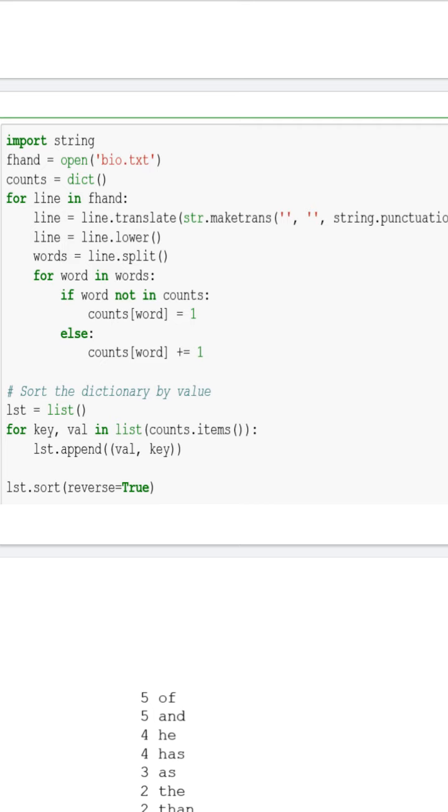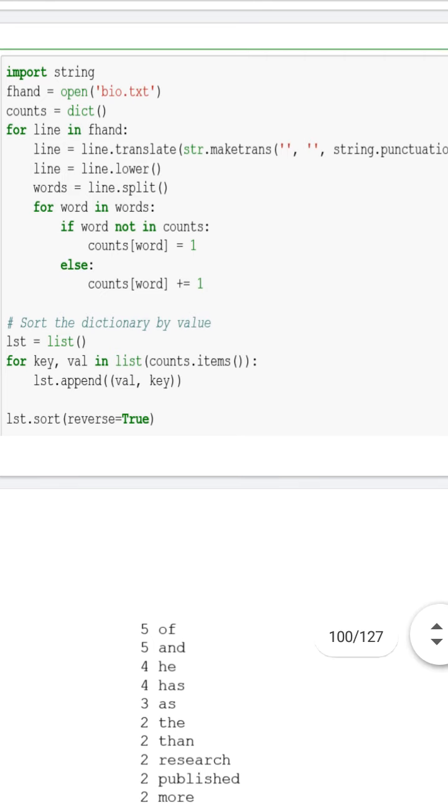So, as I discussed in yesterday's class, if a word is not part of our dictionary, then the if condition becomes true, because here we are checking "not in". If it is not part of our dictionary, then we simply push that word and make the count 1 for that particular word. If that word is already present in the dictionary, we need to increment the count value. Hence, if it is part of our dictionary, it will switch to the else part. In the else part, I am incrementing the count value by 1.